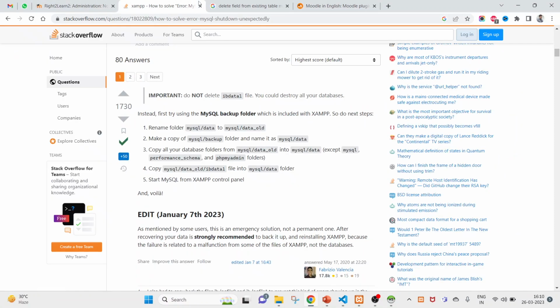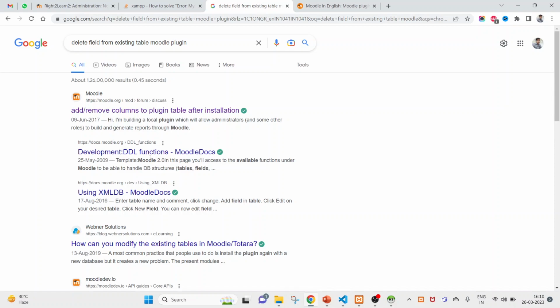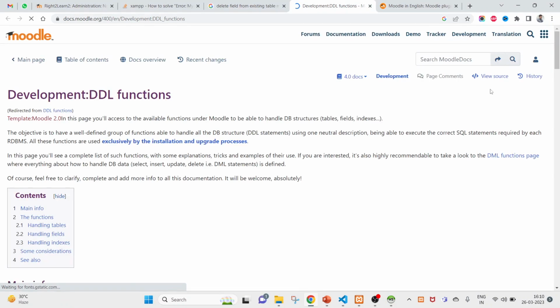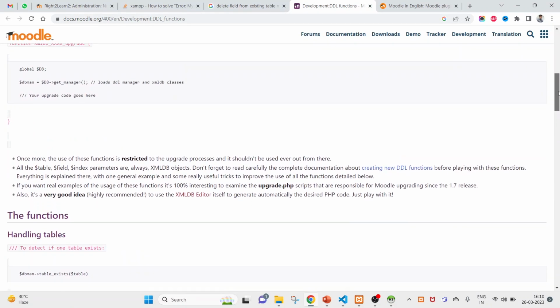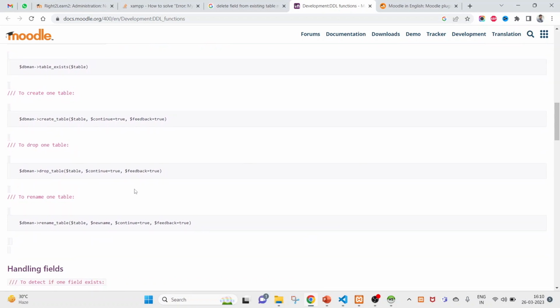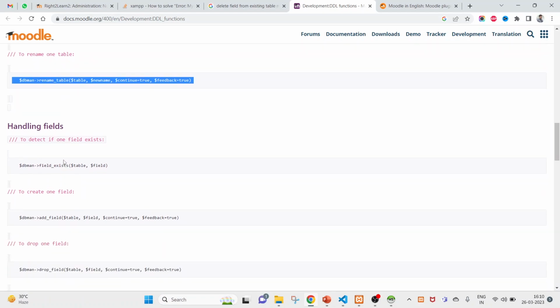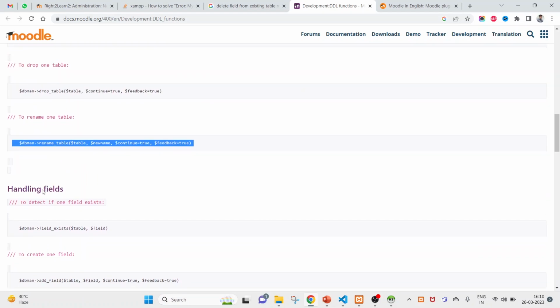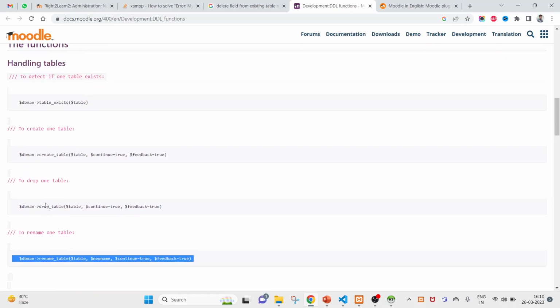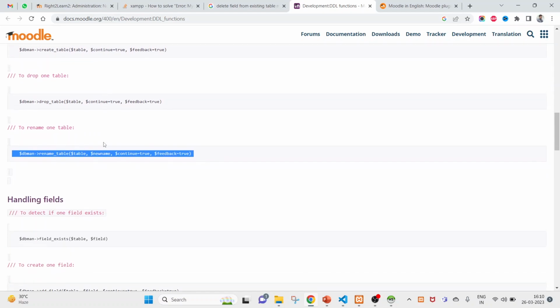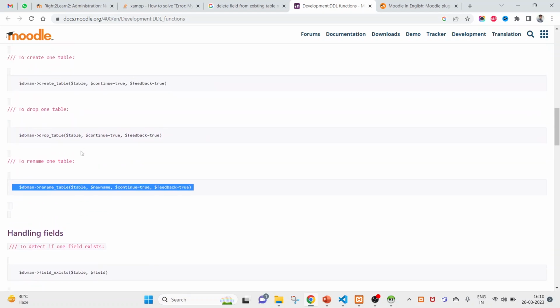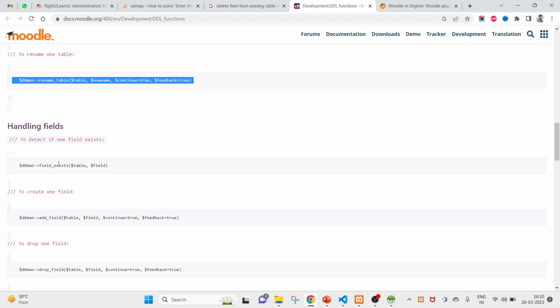Let me check for another link. That is a part of development DDL functions. Oh, create table, drop. You can also drop a table if you want. Drop means it will delete the table. If you want, you can also rename a table. Okay, so these are the additional operations you can perform on the table. Here is the list of functions: drop table, rename table, create table. You can check if field